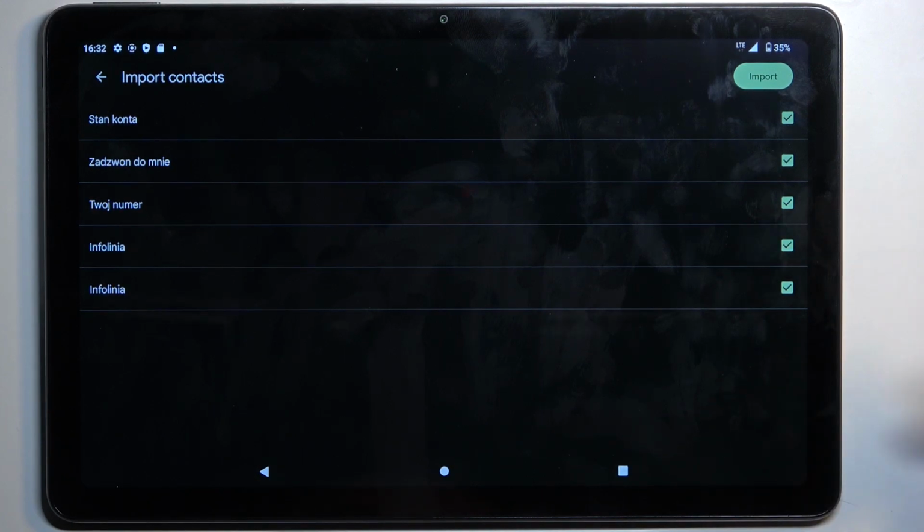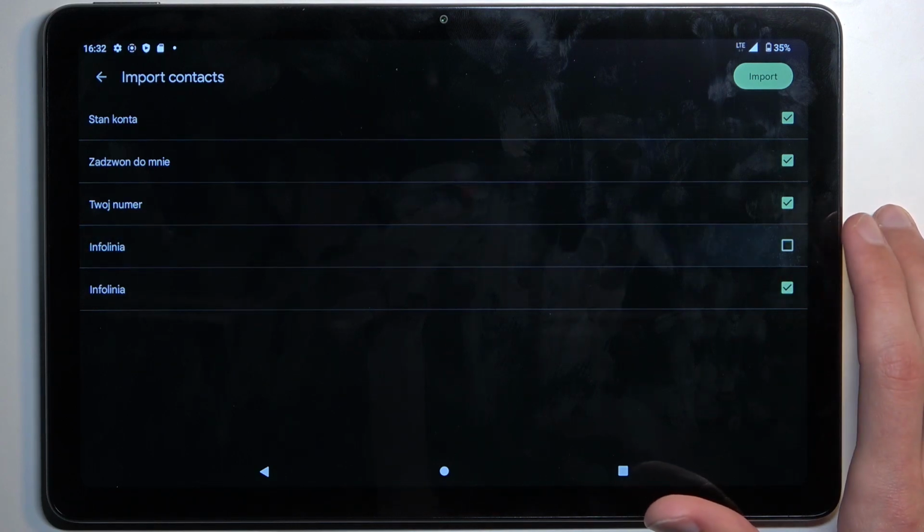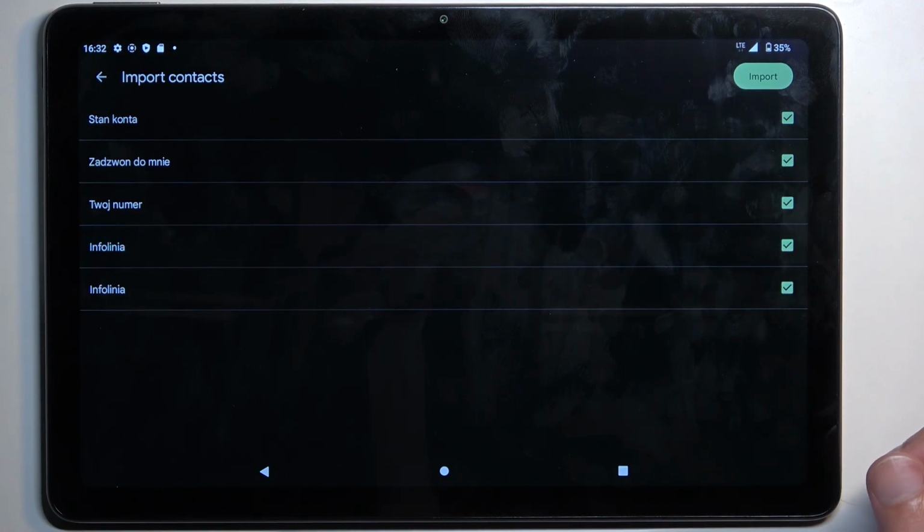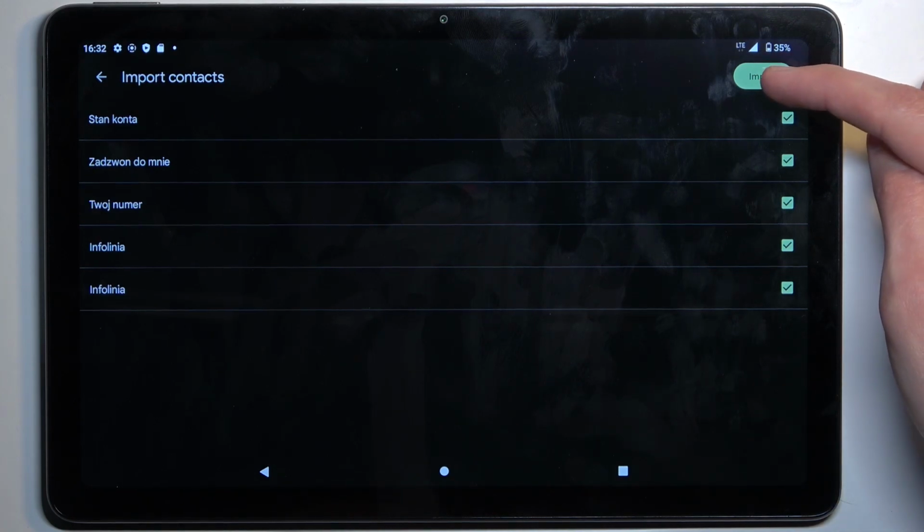From there you can deselect some contacts that you might not want. If you see some contacts that are already deselected, that means that these contacts exist on your device and the tablet is just preventing you from importing it twice. Anyway, from there we're gonna select Import,